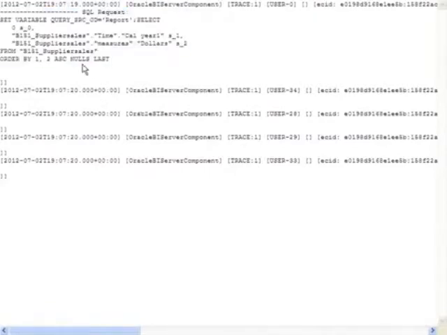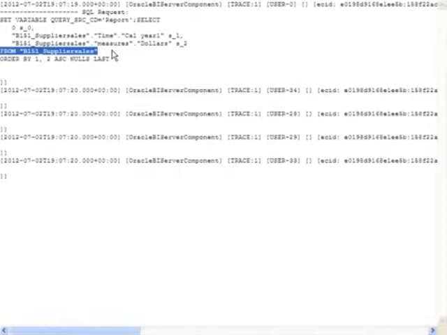If I execute this in the database, will it execute? It is saying from B151 supplier sales. B151 supplier sales is the subject area name in the presentation layer of the RPD. It is not the table name. So if I execute this in the database, it will not execute. I require the physical SQL, and the physical SQL is not formed here.